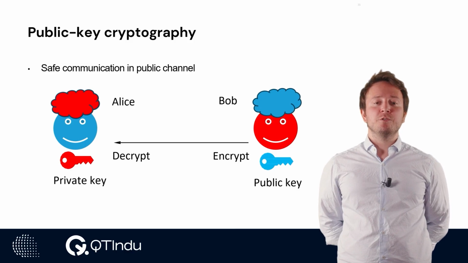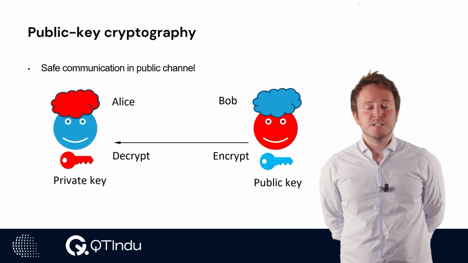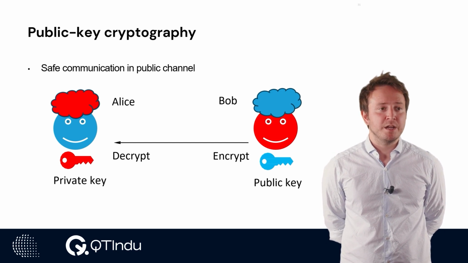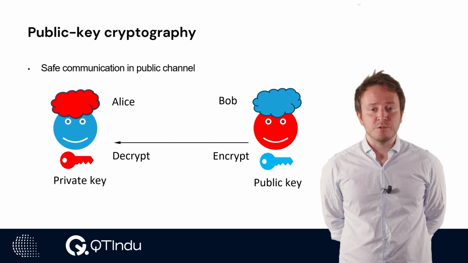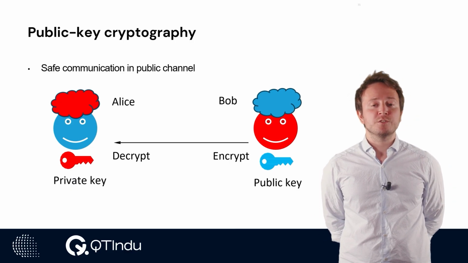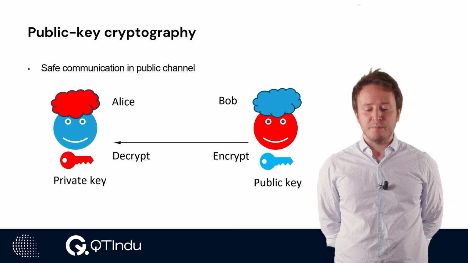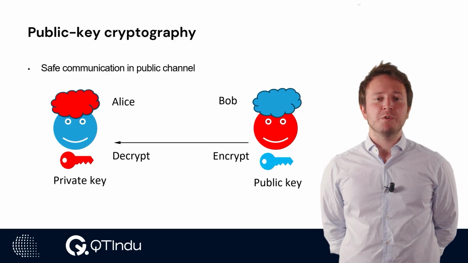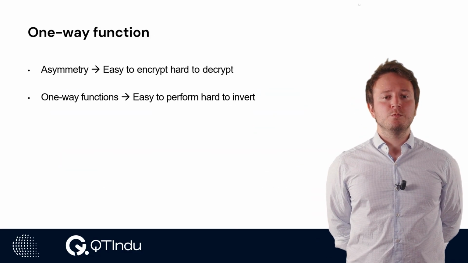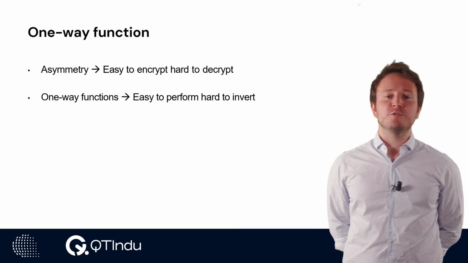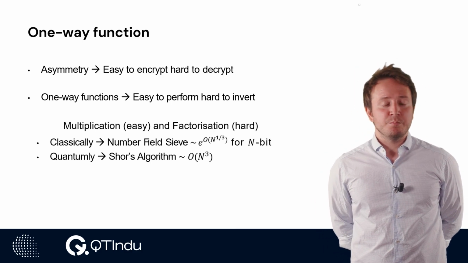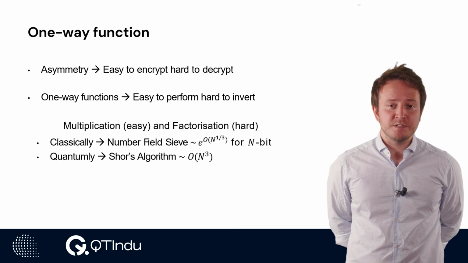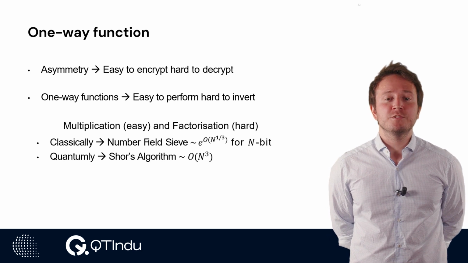This encryption relies on the asymmetry of cryptography. It's very easy to encrypt a message just by multiplying by a very large number, but it's very difficult to decrypt it because it's very difficult to factorize the resulting number into its main factors. This relies on the concept of a one-way function that we'll now discuss in a bit more detail. One-way functions are functions that are easy to perform and hard to invert. In particular, in the case of public key cryptography, multiplication is an easy thing to do, while factorization is very